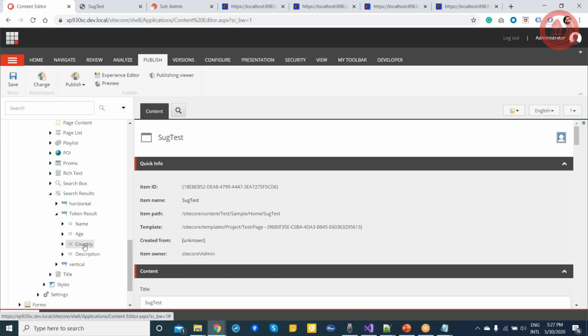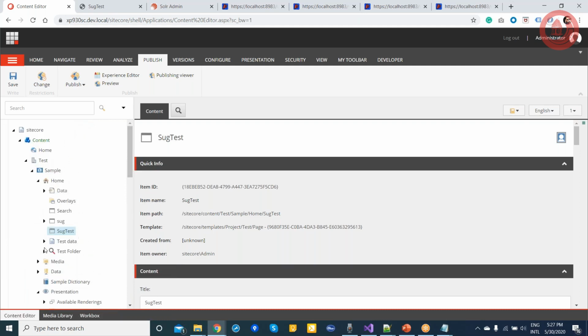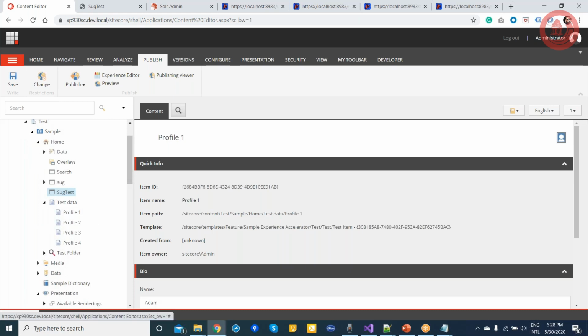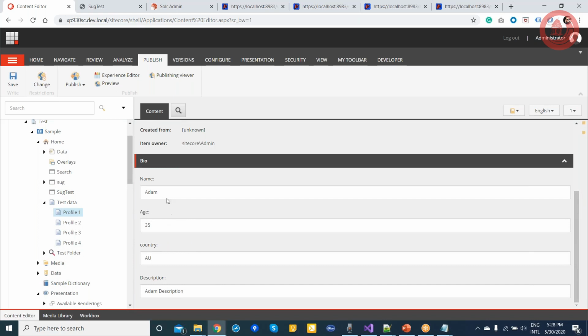In the token, I put some field names. You can create a few data. I just created a mock data here for the test data with 4 profiles with 3 to 4 fields. This is one, these are second fields. So what I will do,